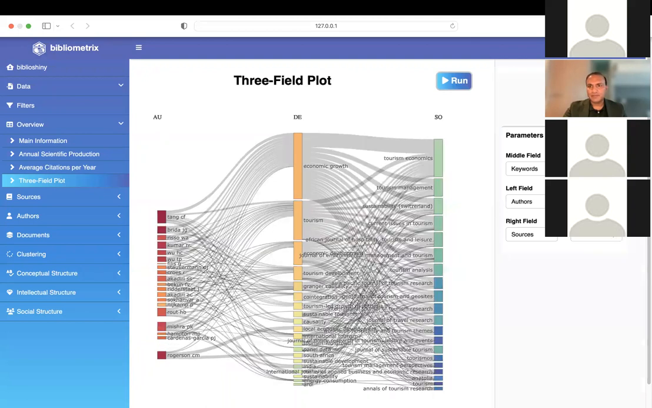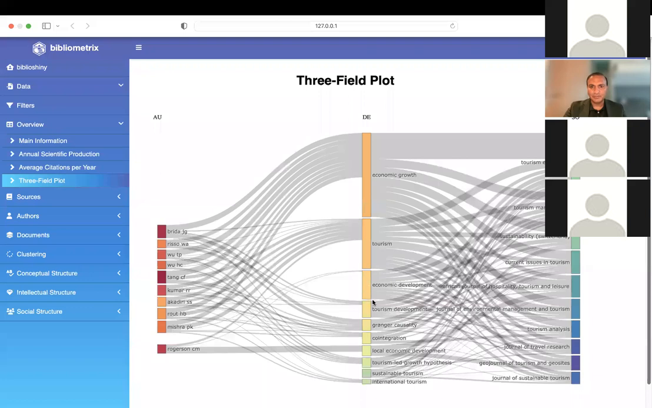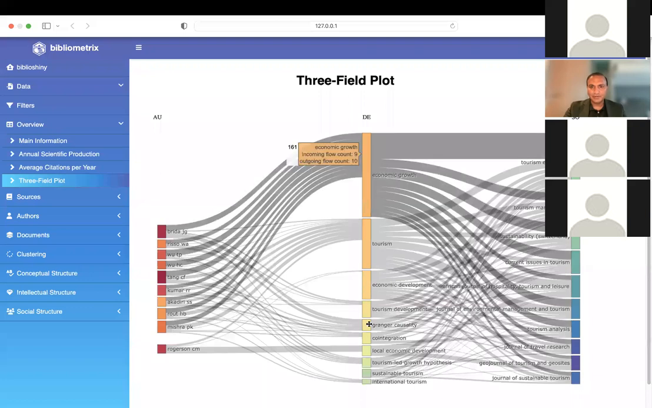Okay, so for example, you want to say that you want to only work with 10 important keywords, and you would like to only look at 10 authors, and you only would like to have 10 journals. So, just to make it better than the previous one. So you see, these are the 10 important keywords in this literature: economic growth, tourism, economic development, tourism development, Granger